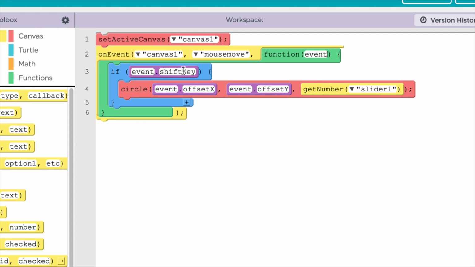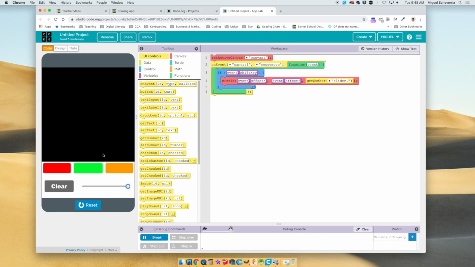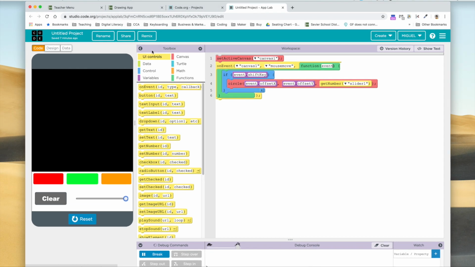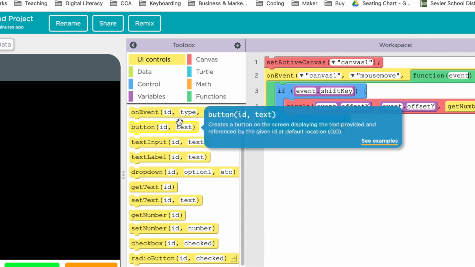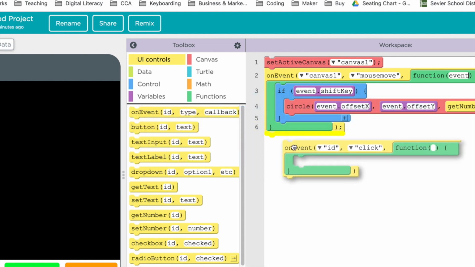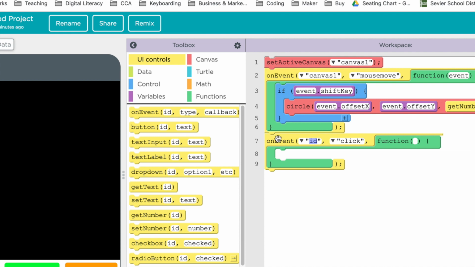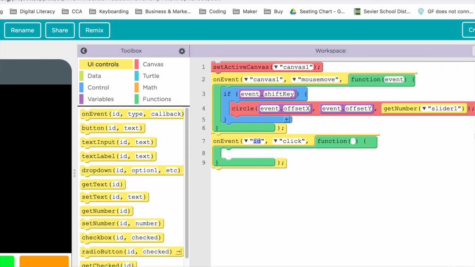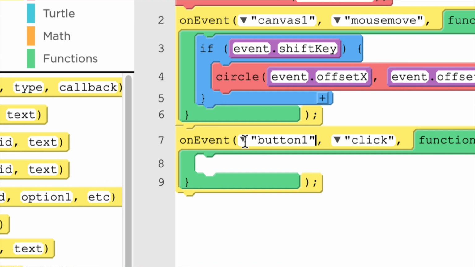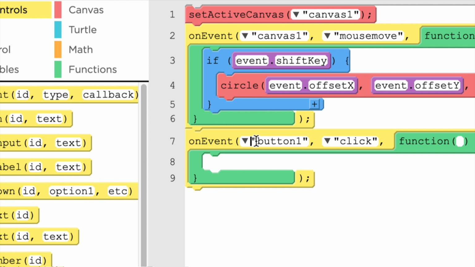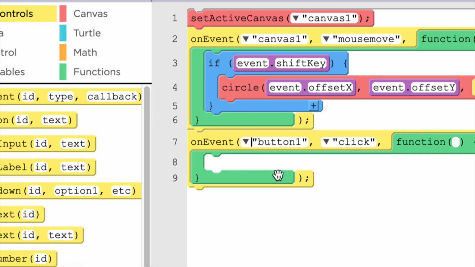Anyway, go back to right here, UI controls. Let's make it so the buttons work. Everybody with me? Drag in an on event. Where it says ID, I'm going to program my button 1. So everybody do their first button, so that when they click it, it changes the color. So if I go back to Canvas,